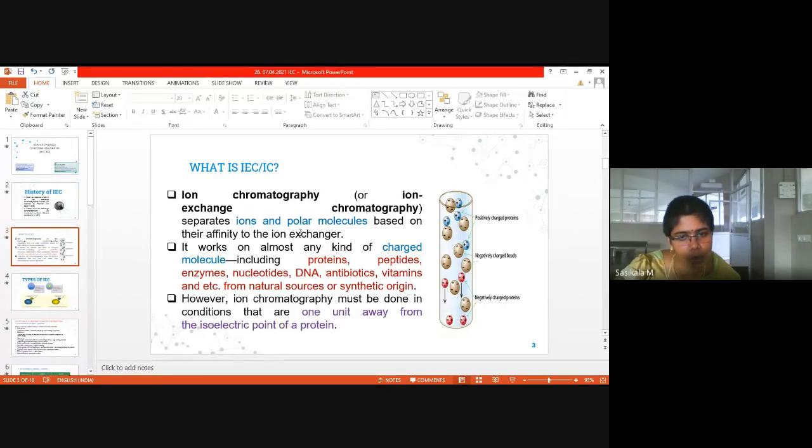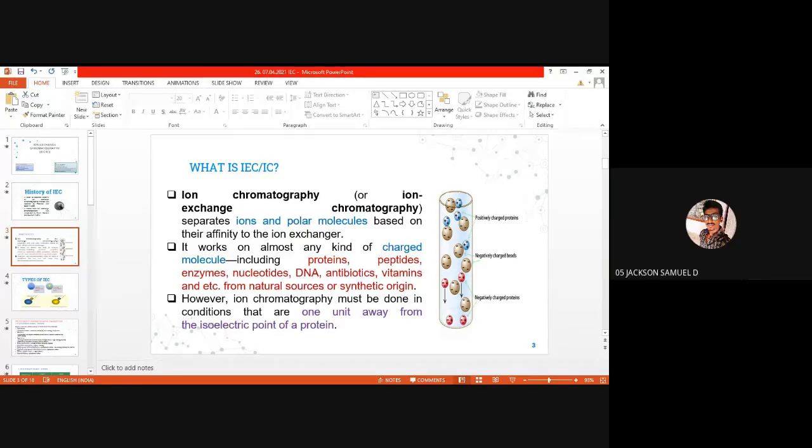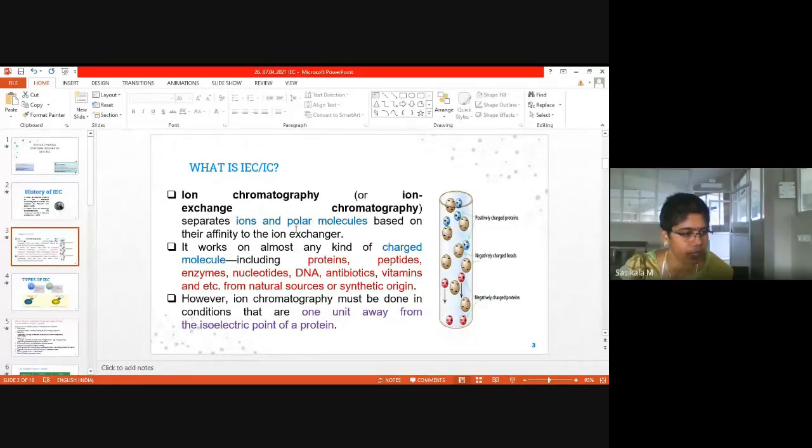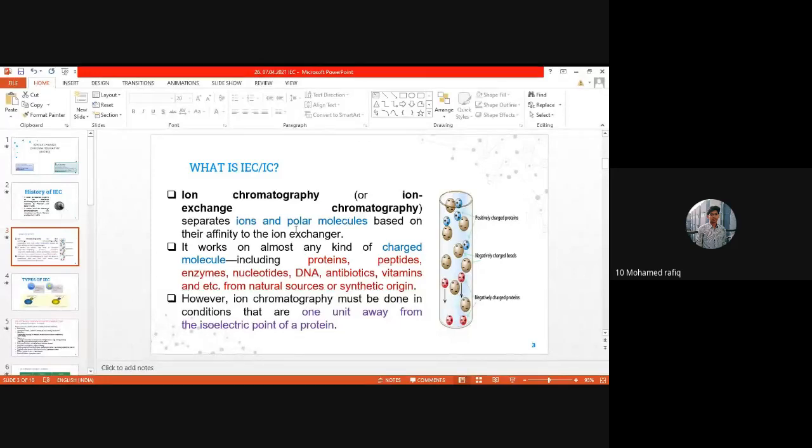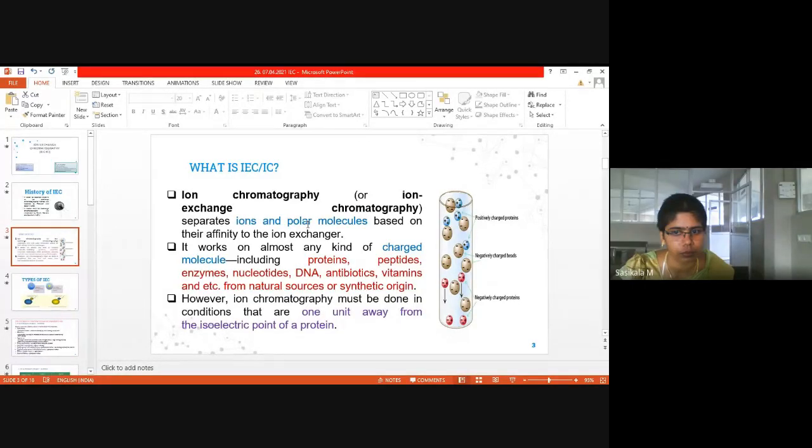What is a polar molecule? Water is considered polar. Now, what nature will it have? Polarity represents what? The molecule may exist in ionic form, or it can be easily ionizable in solutions. Polarity means it will have a dipole moment. It is easily ionizable, so that it can exist either as a cation or as an anion.